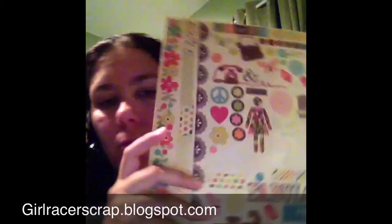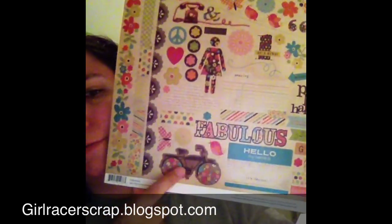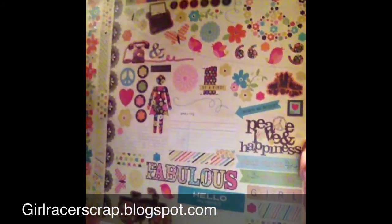I got some of the Simple Stories 12 by 12. This is a sticker sheet. They got me with the bicycle. We got bicycles and we've been biking on trails, so I thought this would be good to document those. Another sticker sheet. I just love the colors. They're bright but yet subdued, and